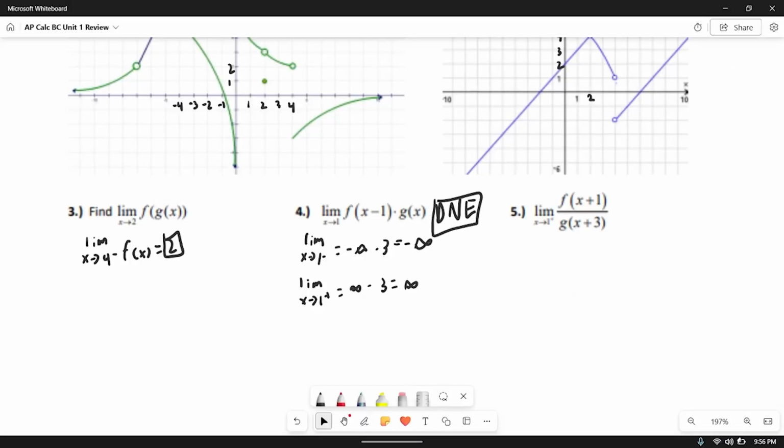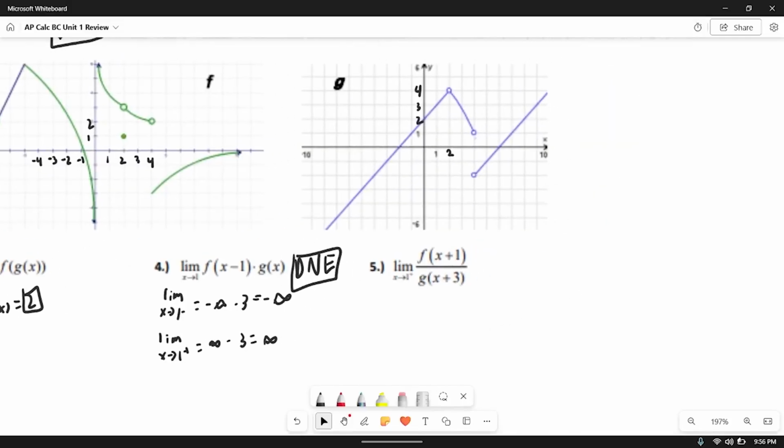Does not exist. Alright, final one. We have the limit as x approaches 1 from the right side of f of x. So it's f of x plus 1, so we can just do the limit as x approaches 2 from the right side of f of x. And we can see that that is going to be a 3. So we can do 3 over